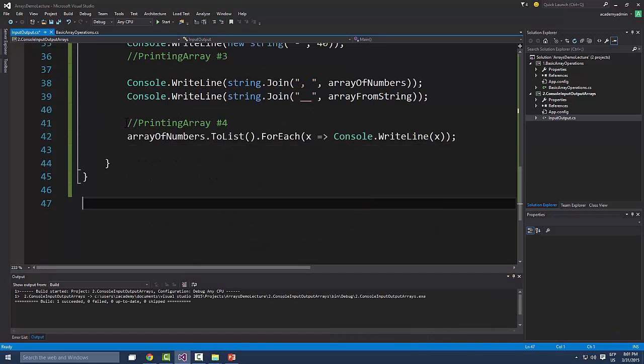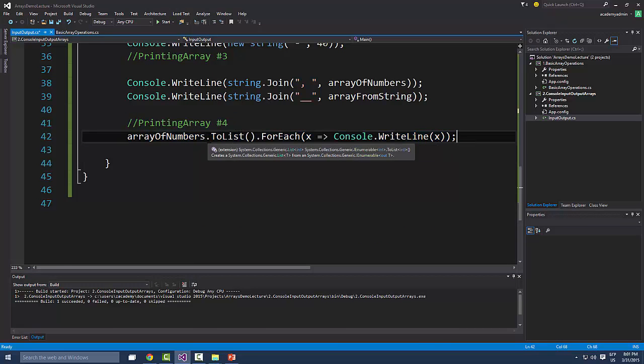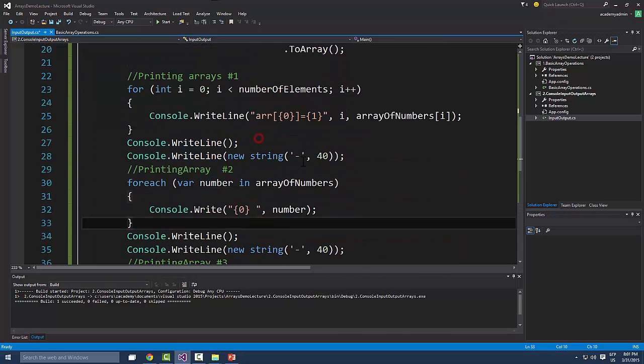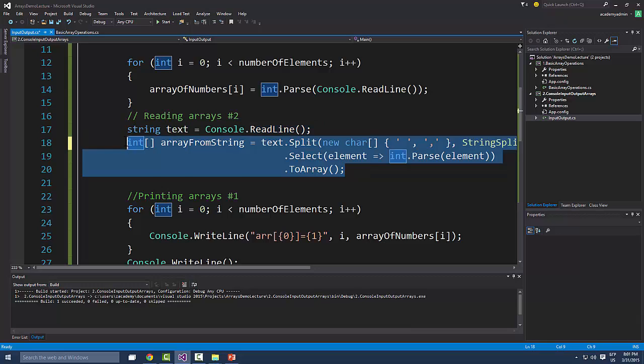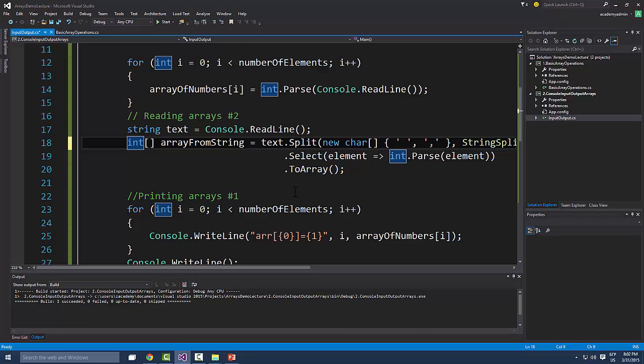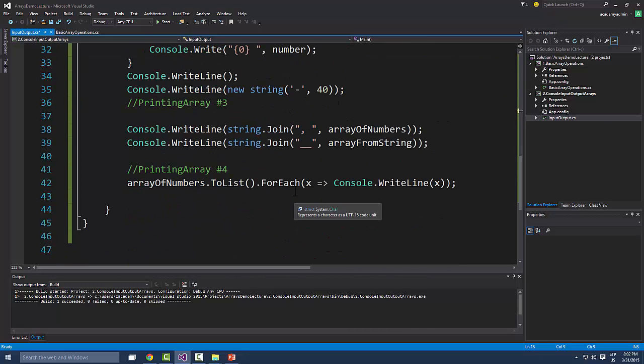Okay, so this is the last way of printing. I don't suggest you use this. I believe this one is better. And out of all of these methods, probably it will be best for you to just remember this one. I know that it looks kind of silly and strange, but it works, and it's going to be easier for you to input whatever you want to input. And for printing, probably this one is the easiest, I think, and it works and it's cool and so on. Okay, so now that we know how to print and read,